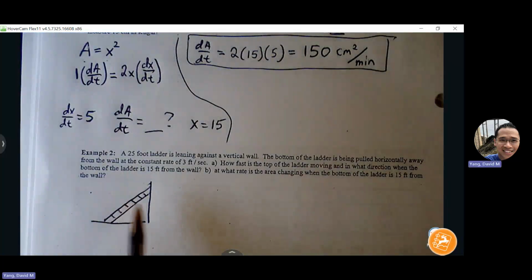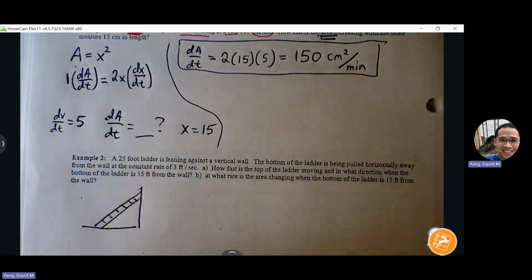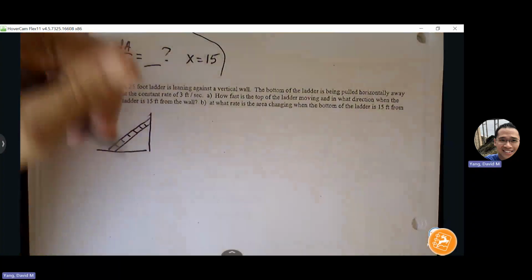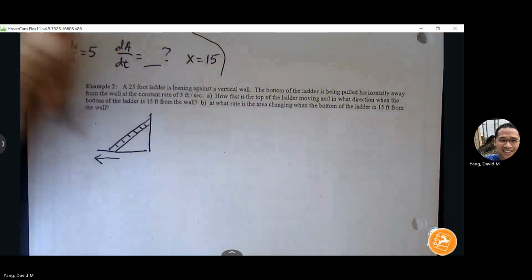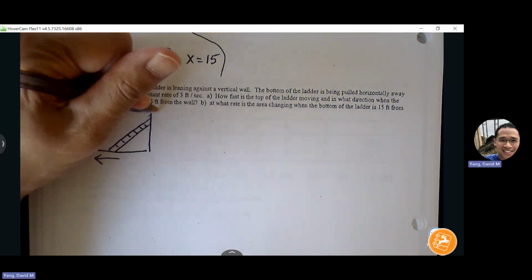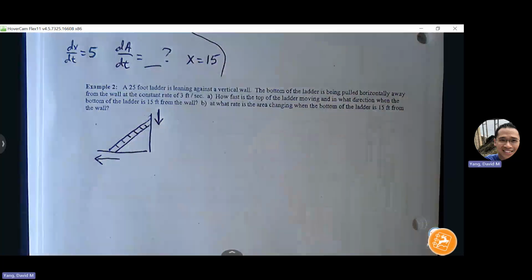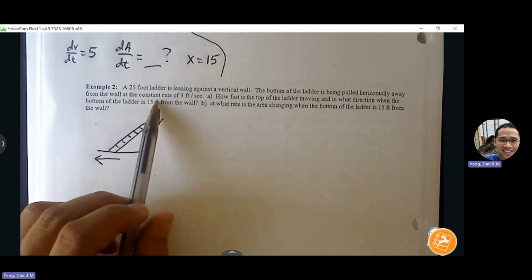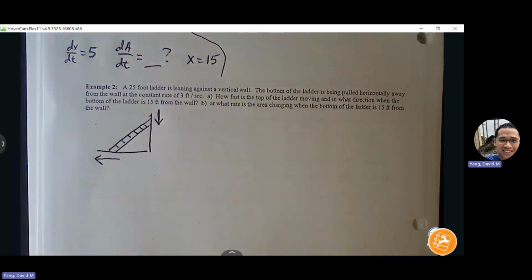There's the ladder leaning against the wall, and then the other end is sitting some distance away from the wall on the ground. Okay, a 25-foot ladder is leaning against a vertical wall. The bottom of the ladder is being pulled horizontally away from the wall, and that motion is going to cause the top of the ladder to fall as it's getting dragged away. It's getting pulled horizontally away from the wall at a constant rate of 3 feet per second. How fast is the top of the ladder moving, and in what direction, when the bottom of the ladder is 15